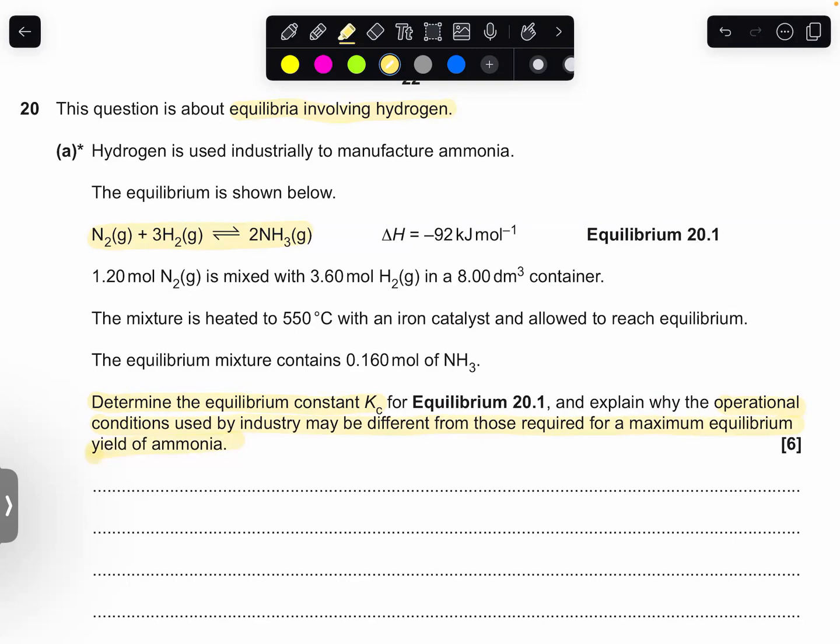To determine the Kc value, we need to use the information given. So 1.20 moles of nitrogen reacts with 3.60 moles of hydrogen in a container. The mixture is heated with an iron catalyst and is allowed to reach equilibrium. And at equilibrium, it contains this much ammonia. So what we do,